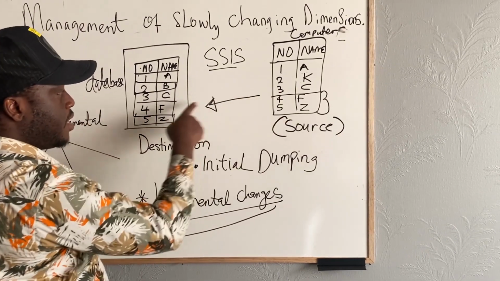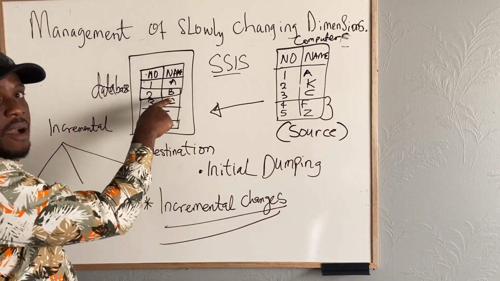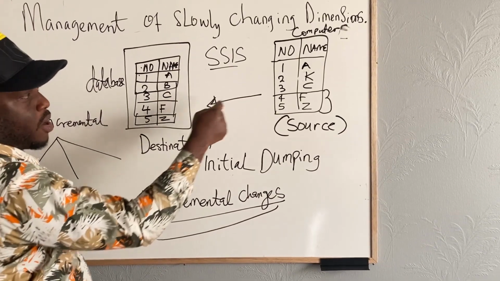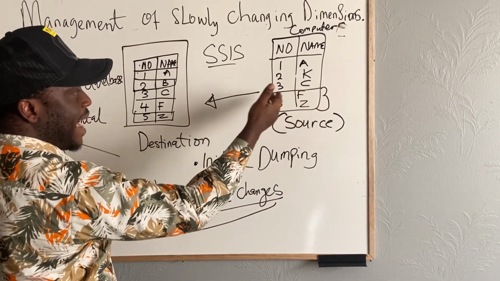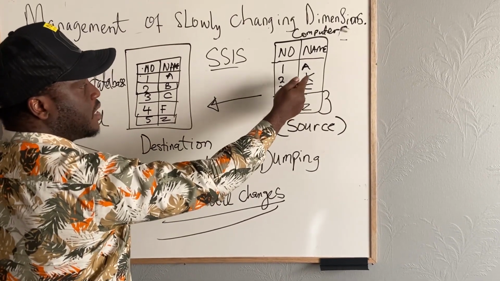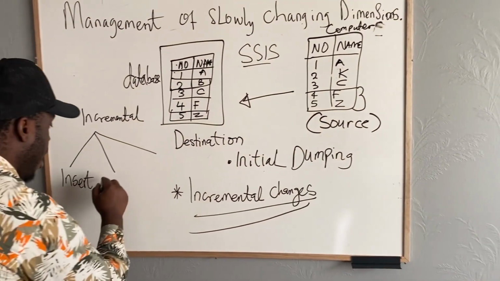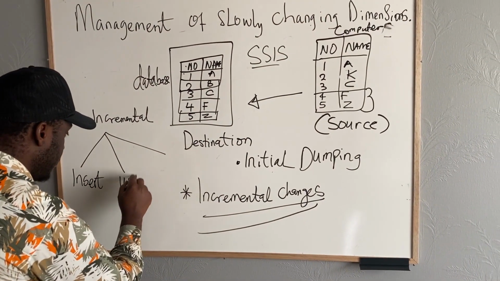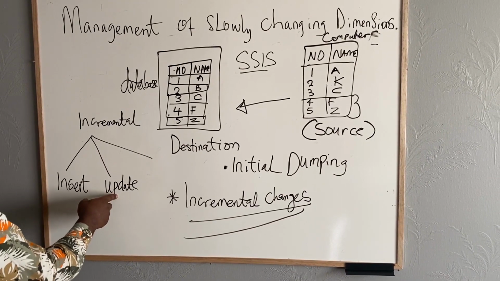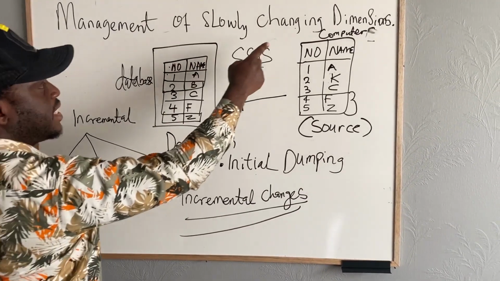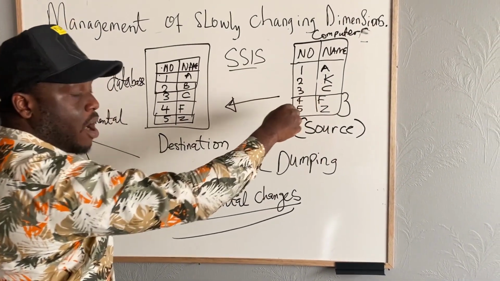This information in my database, what I still have is B. So when I want to capture this change that has undergone in my source, that modified change, what we do is called update. So update is a management word we use to capture slowly changing dimension